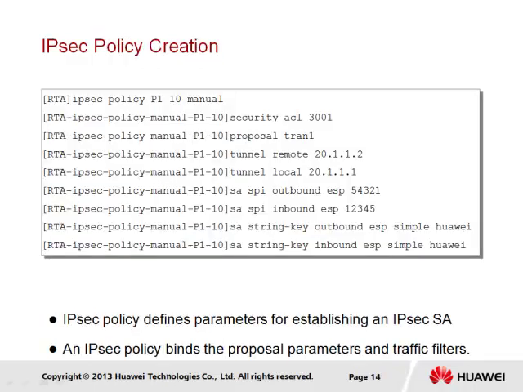The creation of the IPsec policy is required to define many of the parameters that establish the VPN connection, a policy we will name P1. In this instance, we are establishing the IPsec VPN connection manually, and therefore are able to view the various parameters that are involved in negotiation of a connection between 2 points. We will find that within the policy, we bind both the access list that defines the interesting traffic and also the proposal that we have just created to determine the transform set and relevant algorithms to be used to provide